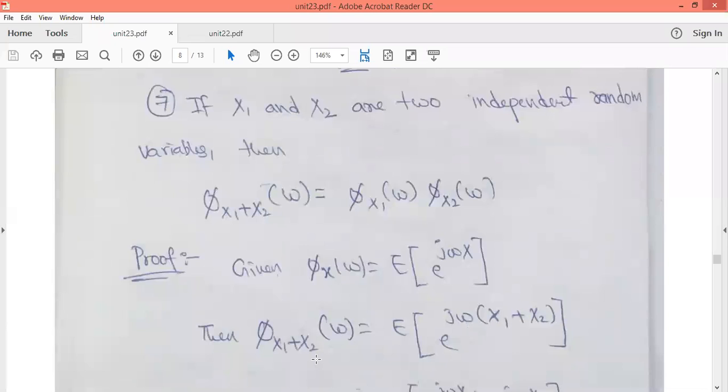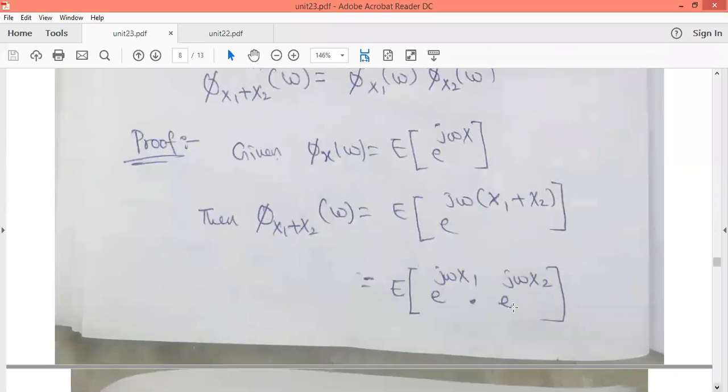Now in the place of x, we substitute x1 plus x2. So phi x1 plus x2 of omega is the expectation of e power j omega times x1 plus x2. Now we write this exponential separately. So it is the expectation of e power j omega x1, e power j